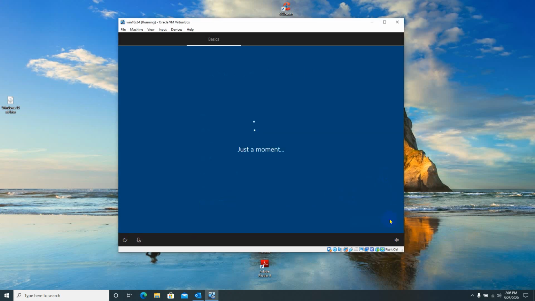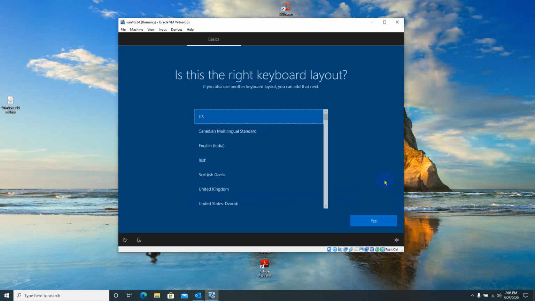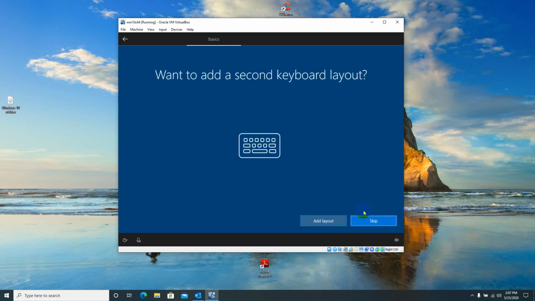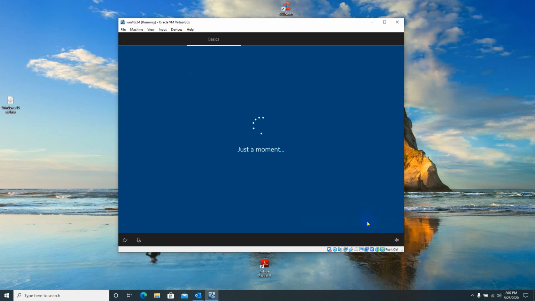Click on yes. I'm just keeping the US region, the default option. Let me not add another keyboard, one keyboard is enough for me. If you want, you can install more.